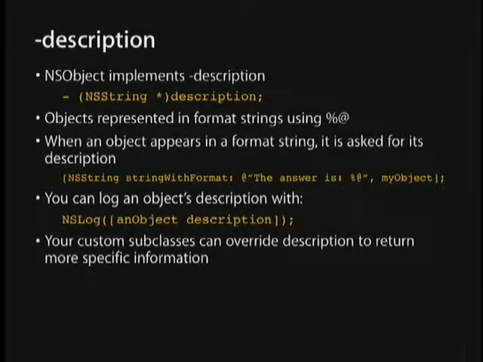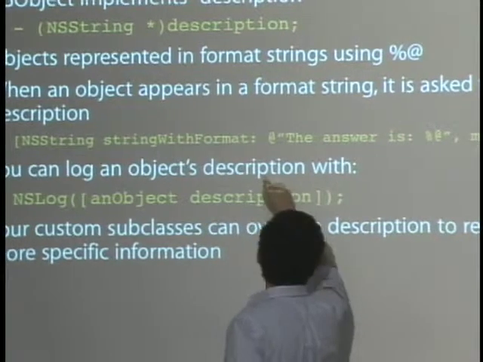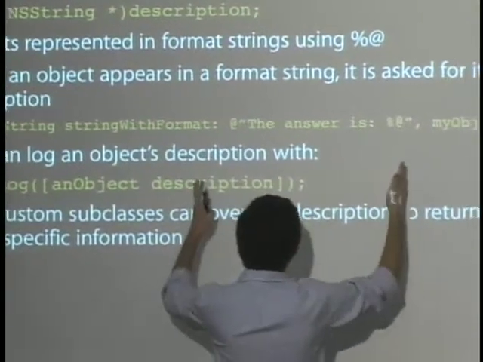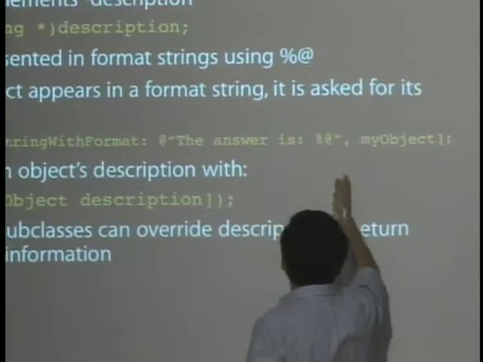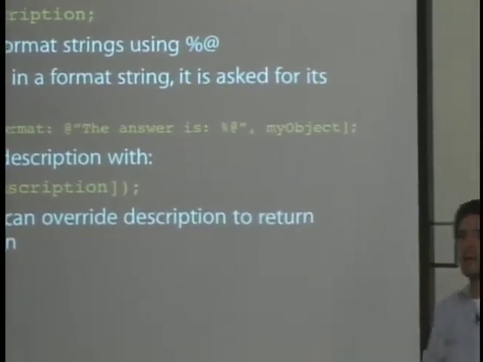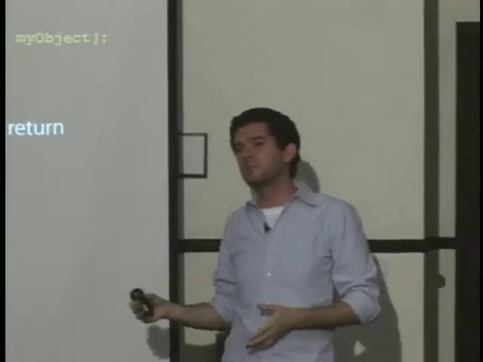So actually, let's go through this piece by piece. NSString is the class, obviously, that we're trying to send the method to. We're going to be sending a class method. stringWithFormat is a class method on NSString. And the argument to that is, well, there's actually a bunch of things that are interesting here. So let's just look at the first part, which is everything from the at quotation mark to the end quotation mark. That's a constant Objective-C string.